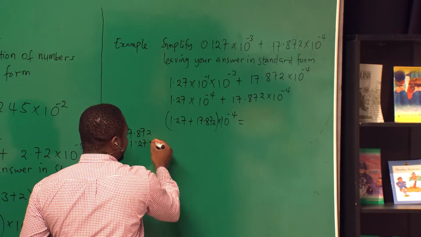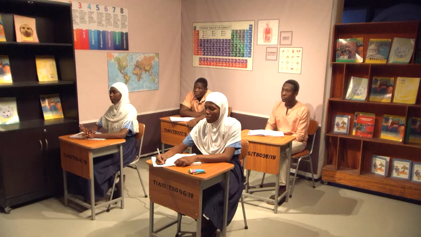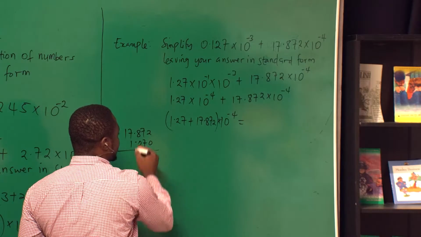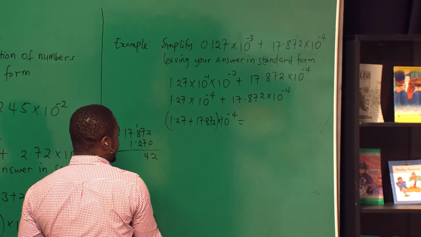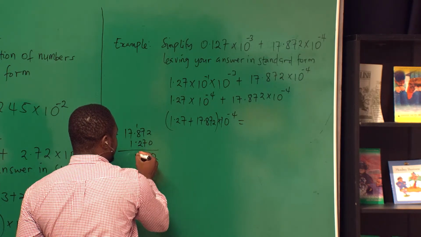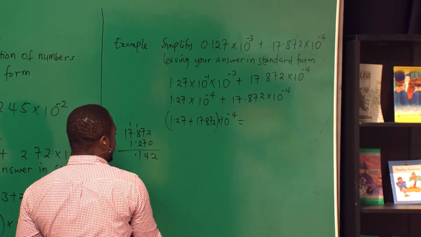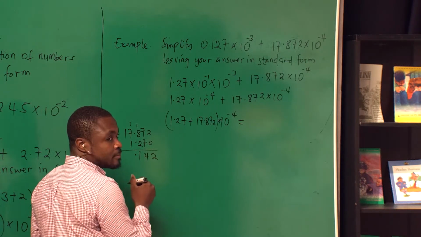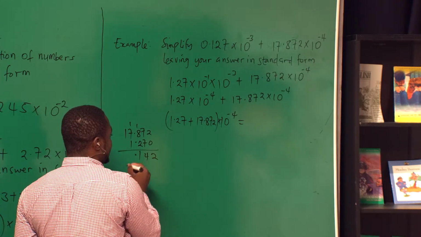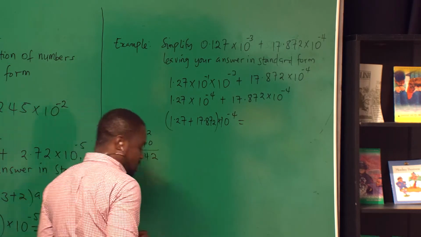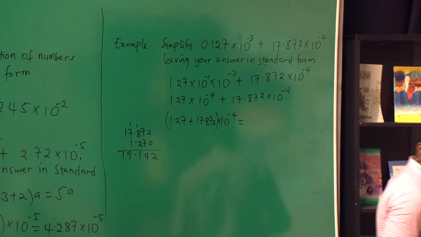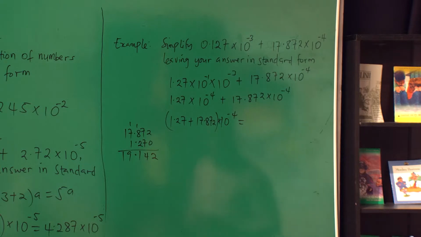So the last one should carry what? 0. So do the addition. 2 plus 0 is 2. 7 plus 7 is 14, carry 1. 1 plus 8 is 9, 9 plus 2 is 11. 1, carry 1. Point. 1 plus 7 is 8, plus 1 is 9. 1 plus 0 is 1. So that's correct. Are you okay? So our final answer is